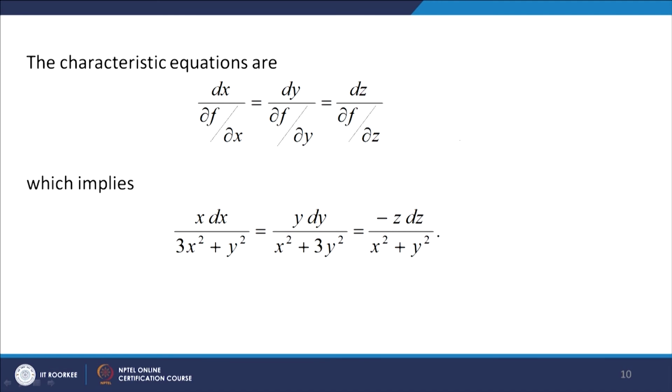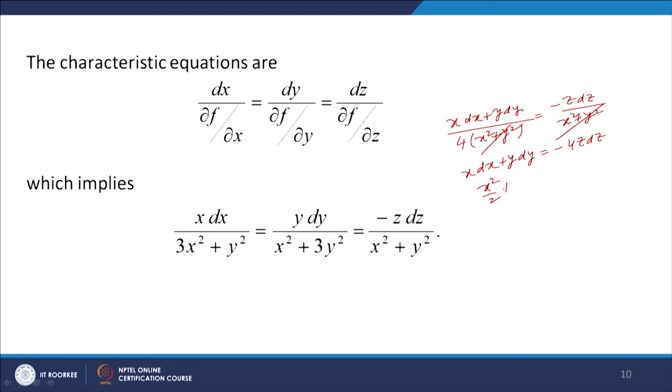Now from here what do you notice? x dx plus y dy divided by 4x square plus 4y square. So 4 times x square plus y square is equal to minus z dz divided by x square plus y square. So these two cancel out, and we get x dx plus y dy equal to minus 4z dz. This gives you, on integration, x square by 2 plus y square by 2 equal to minus 2z square plus some constant,